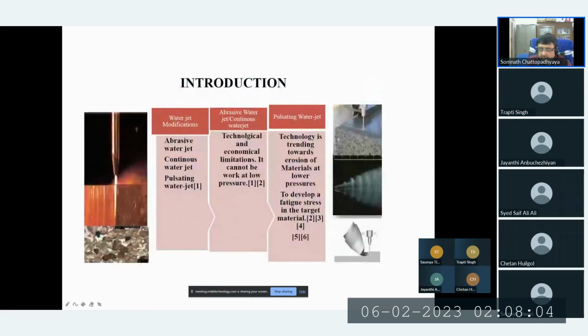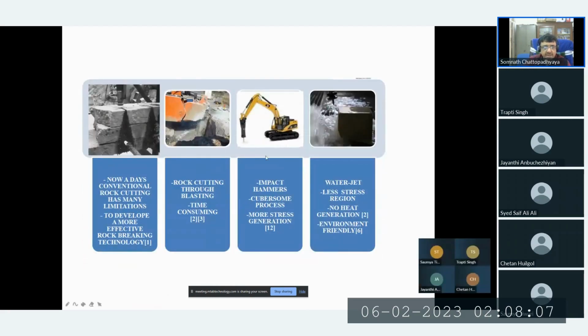Conventional rock cutting has many limitations because if we are doing mechanical work, we have a lot of problems of wear and tear. And blasting problems, we are seeing all those things in Hiroshima. There are a lot of cracks propagating because of the blasting, and it is very difficult to attack. Mechanical cutting and blasting are all problems. Impact hammers are also sometimes very cumbersome. So one technology may stop this, and it is less problematic otherwise so far as the